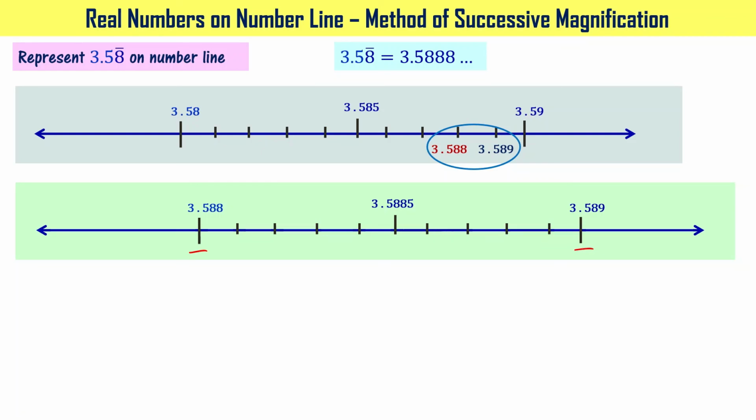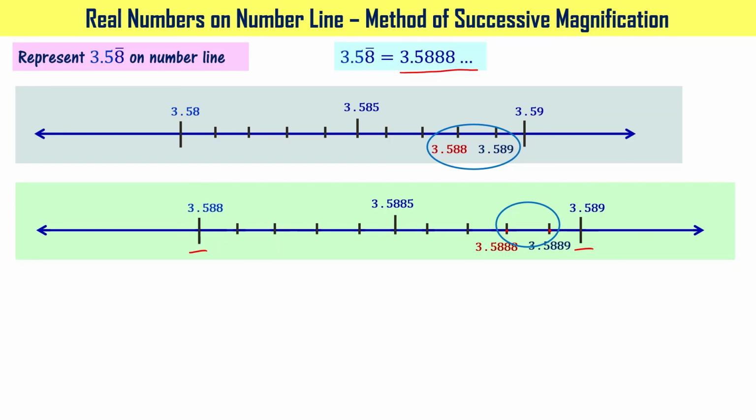We have number 3.5888 and so on. That is greater than 3.5888 and smaller than 3.5889, right? It means the required number is going to be falling in between these 2 points. So one has to zoom this particular portion. So this process is going to repeat because the decimal is non-terminating and recurring type. This process has to continue, right, to exactly represent.